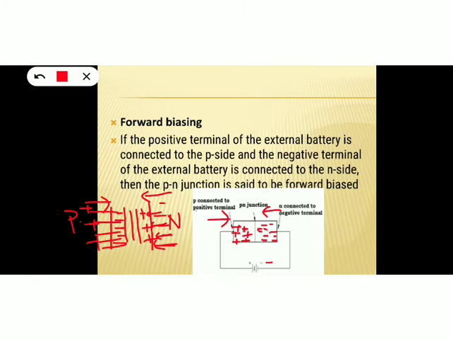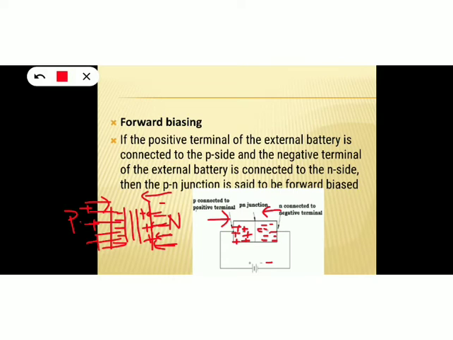If there is no depletion region, then the barrier is removed. The majority carriers can easily cross the junction. So forward biasing decreases the barrier potential, and current conduction is more during forward biasing. When a very small voltage is applied to the semiconductor diode, the decrease in width of the depletion region is also very small, and for a very large voltage, the decrease in width is very large. So current flow also increases.